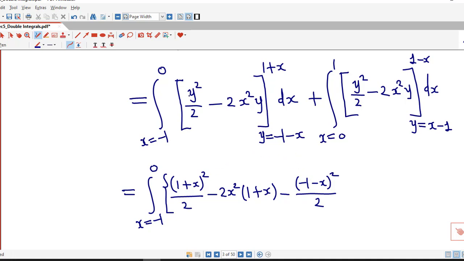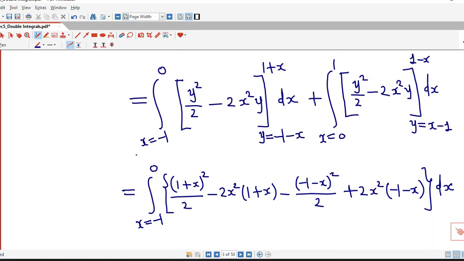So here we have y equal to minus 1 minus x, whole square divided by 2, minus, minus of 2x square into minus 1 minus x, and here the integral is with respect to x,